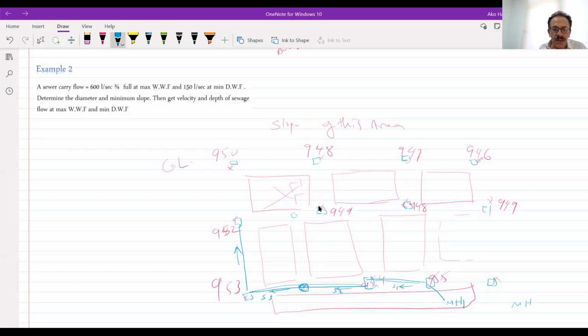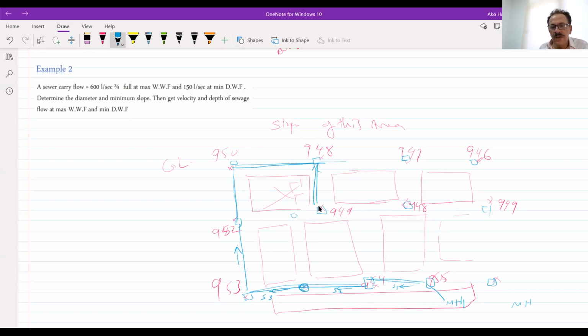Okay. Now 952 and 954, which one will be more suitable? As an engineer, you can forward the collected sewage from this region to this area, and from this pipe to this one, and there will be another one.